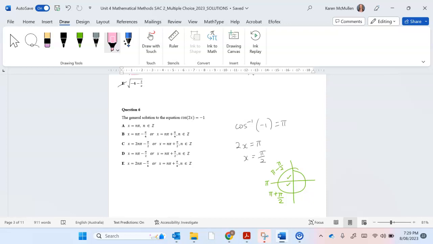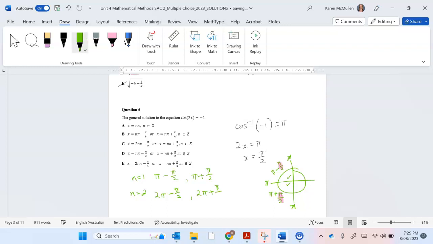So with your general solution, we can keep obviously going around and around our unit circle. When you think about it, this pi on 2 is actually 90 degrees. So we're actually ending up here and here. So if we put in n equals 1, we're going to end up with one solution being pi minus pi on 2 and pi plus pi on 2. If n was equal to 2, we would end up with 2 pi minus pi on 2 and 2 pi